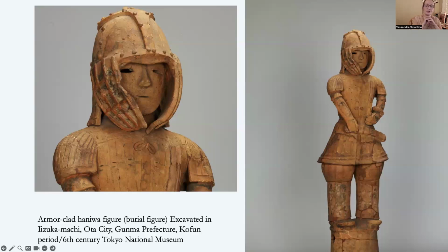And as we progress now in our class, moving into history where we have written records, we can begin to explore this development of a militaristic culture and emperors and how this crosses with the development of objects related to expressions of power and defense versus objects that are engaging in the Shinto beliefs. And then very significantly, the way in which this now culture that we call Japanese, it's emerged from Yayoi to Kofun,